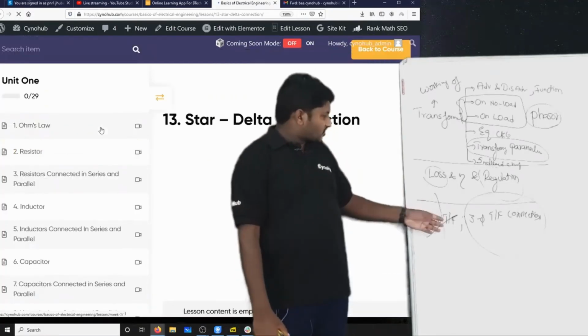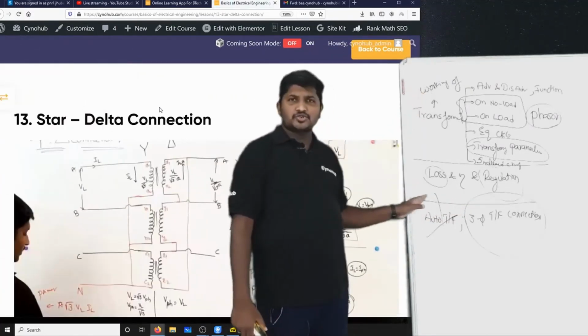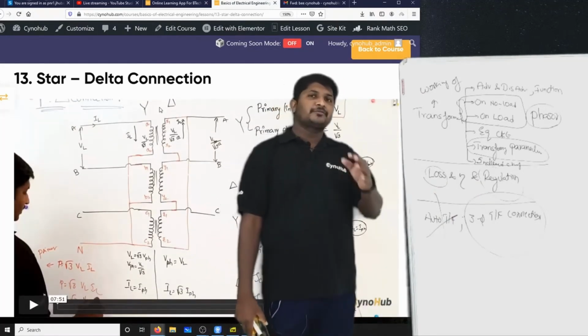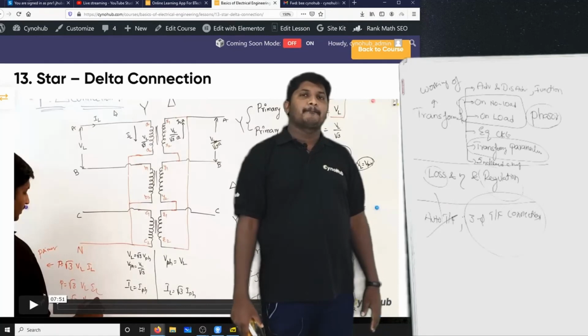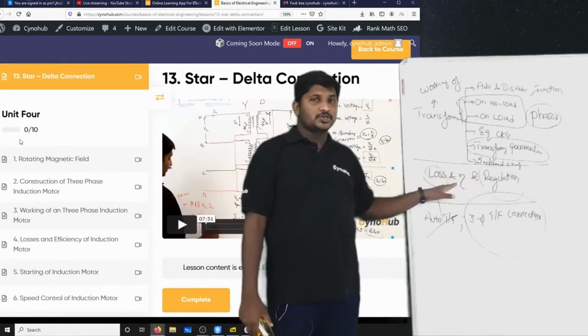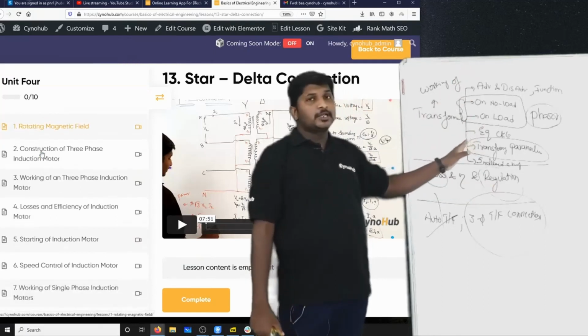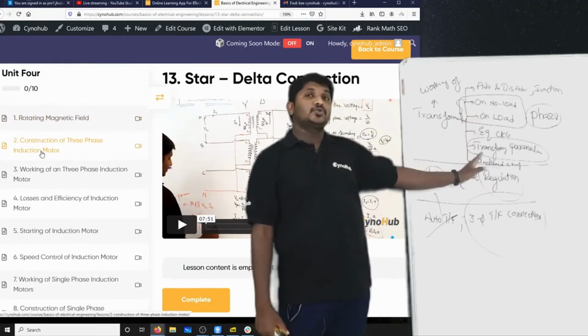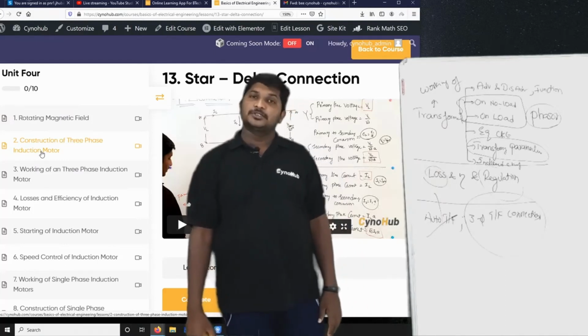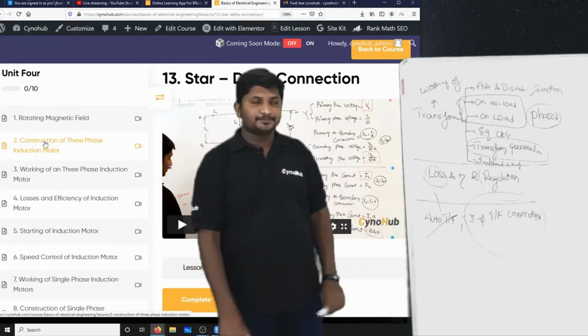Okay. If possible, you leave this and you read these 2 parts, definitely you will answer the total question. You will get 15 marks. Okay. So here 2 theory questions and 2 numerical models, and here you will get 4 theory questions and 2 numericals. Okay. So that is about unit number 3.